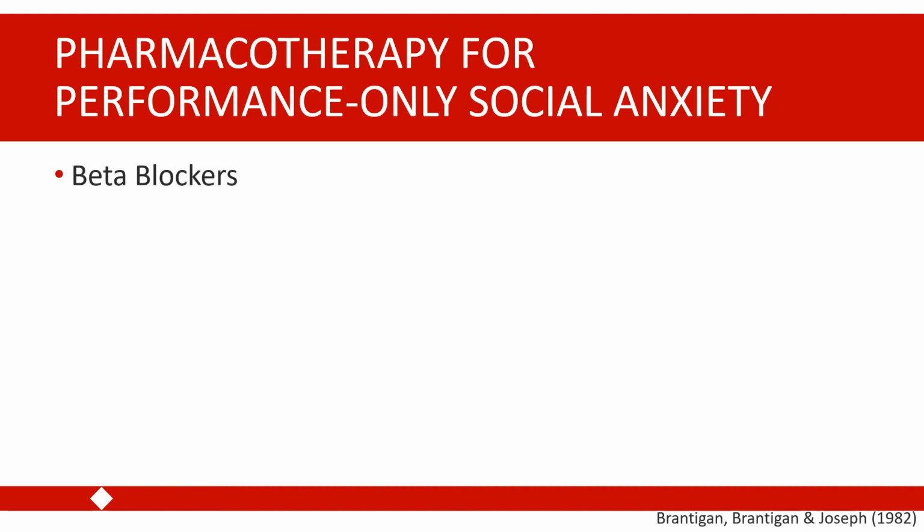So for example, if you play a string instrument, if your fingers are shaking, that is going to affect the sound of your instrument. Or if you are singing and you feel like you're trembling, it might affect the quality of your voice. So these beta blockers have been used, for example, by musicians or singers. They will take them before a performance. They are short acting and also have a short half-life and can help manage those physical symptoms.